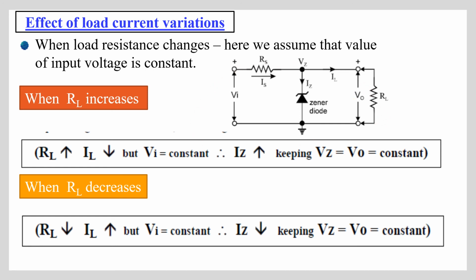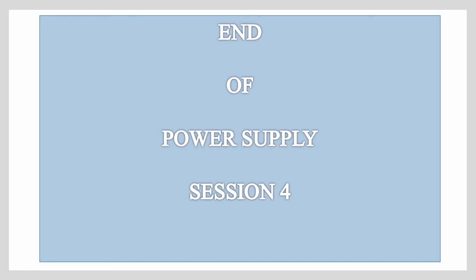Clear? So in today's session, we have seen the need for voltage regulation, then the characteristics of a power supply, that is load regulation, line regulation, and ripple rejection. Then we have seen the VI characteristics of the Zener diode. Then how the Zener is used as a voltage regulator to keep the output voltage constant, whether there is a fluctuation in the line voltage or in the load current. By using a Zener diode, we can keep the output voltage constant.